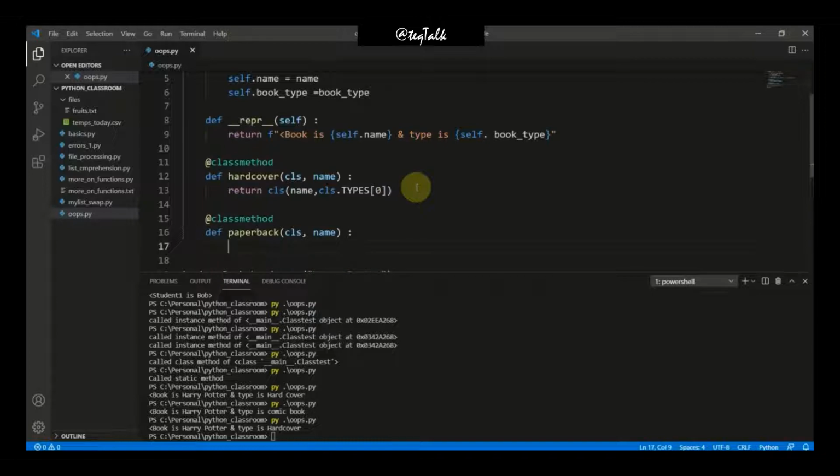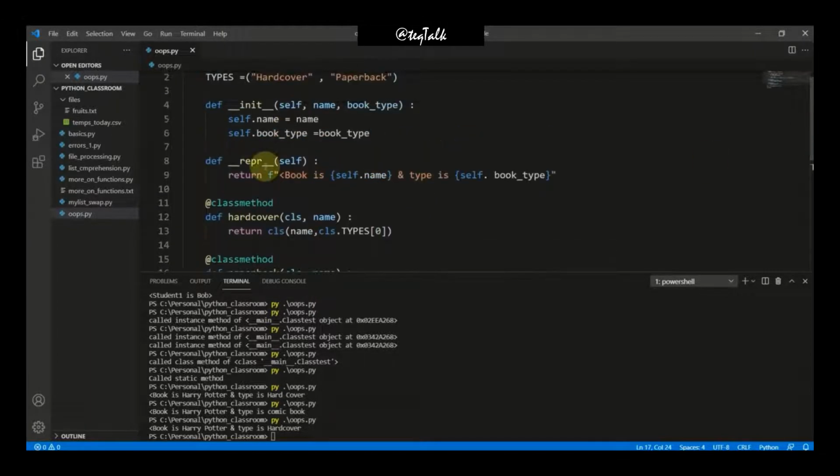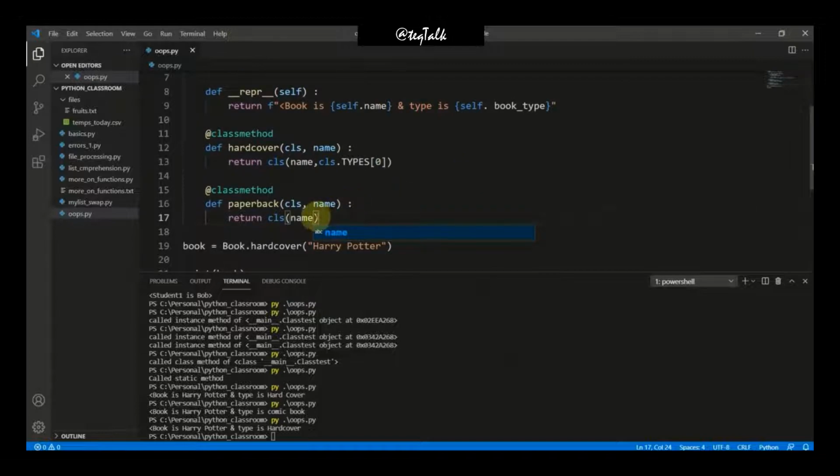And here again, we need to create our new object inside our paperback class method. And to do so, we will write CLS and pass name, because the init method has name itself, right? Name and book type, these two parameters are present in the init method. So we are going to give name, and that's why we have passed the name argument here, so that we can pass it while creating the object